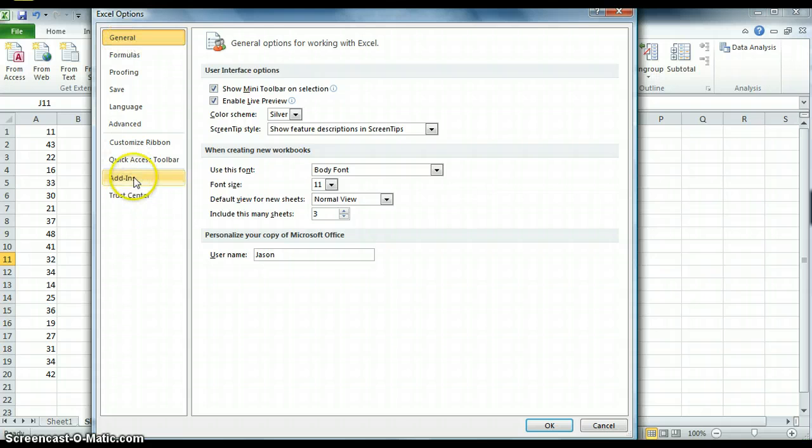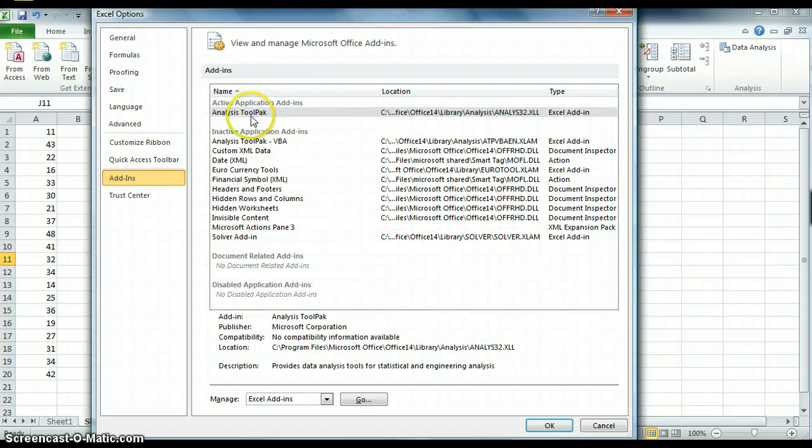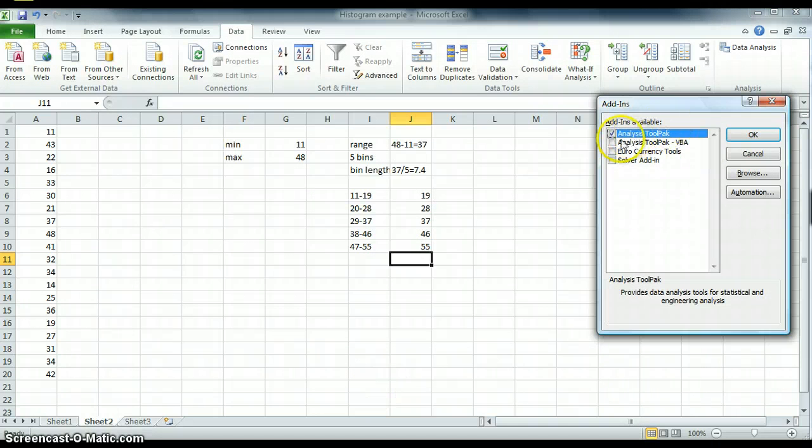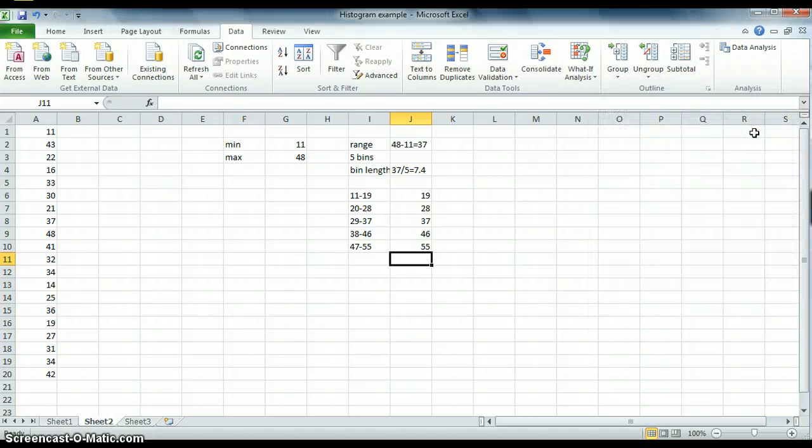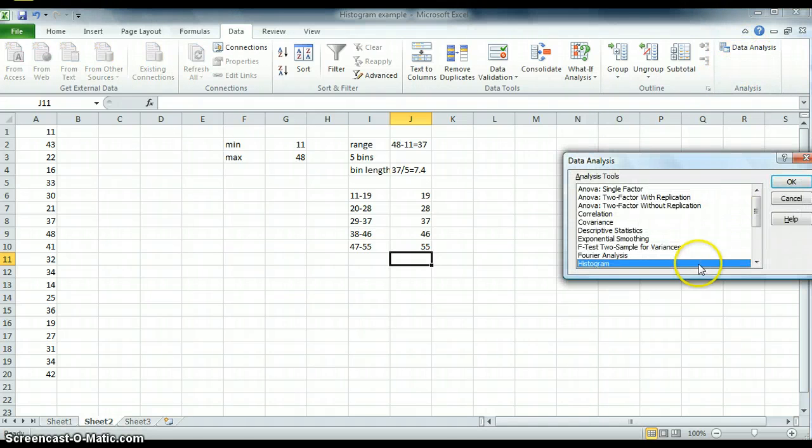Okay, once I've clicked Options, I'm going to go to Add-ins. I go to the Analysis Tool Pack. It's already highlighted there. You need to click Go and not OK. If you push OK, it won't do it. Okay, push Go. Then you need to also click this box here. And now it's ready to go. Now you should have this right on the upper right-hand corner. You should have data analysis. Click that, and then you need to find the histogram